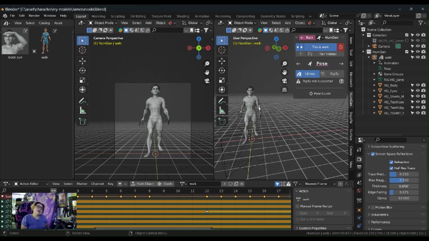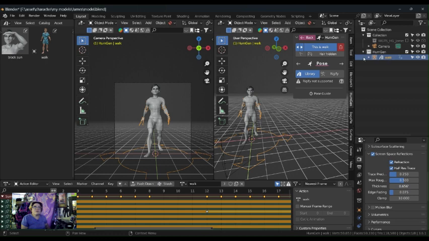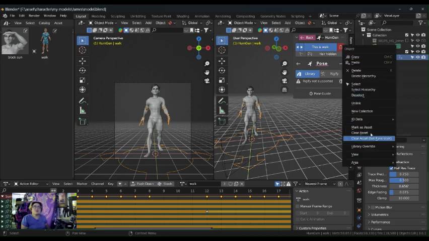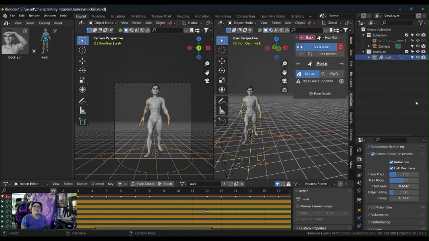The best way that I found to do it so far is over here in the outliner. I went to where my armature is. I don't want to do the collection because then you have to unlink it and all that stuff to do any edits to it, and I just don't like fighting with that. But if I click here on the armature and I mark it as an asset,